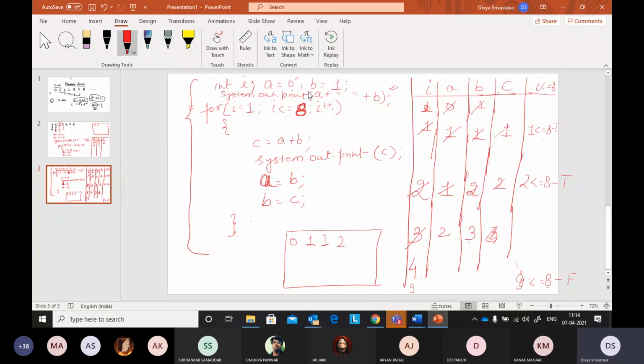How can you do it? After printing A, after printing B, before printing C, what can we do? Since we want C, here we have a space, but after this we don't have a space. So what we can do is, before printing C, add a space here. And then do it like this. So every time before printing the value of C, it will first make a space and then it will print the value of C.